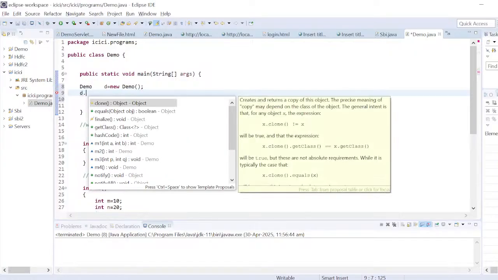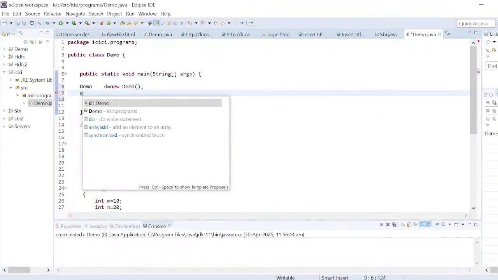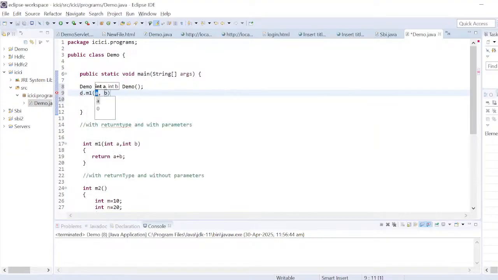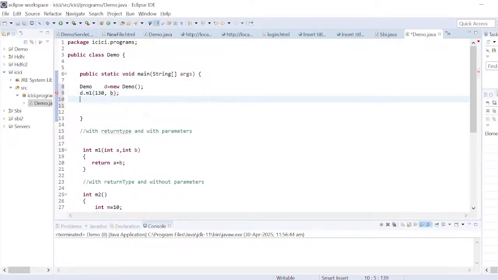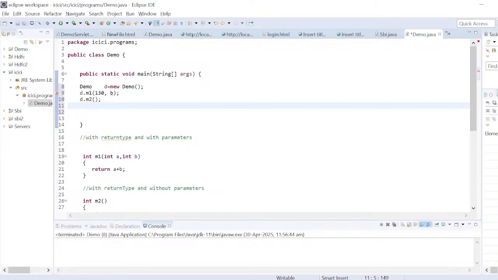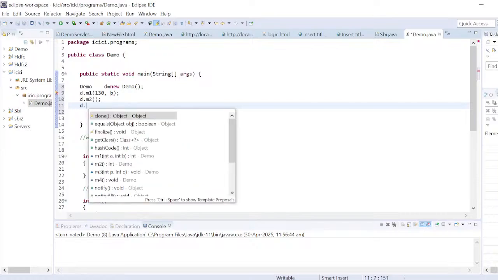D dot. You can call all the methods, guys. So here you can pass the values. I am passing the values 10 and 30, and here also I am passing the values, d dot m2. Okay, and here also, d dot